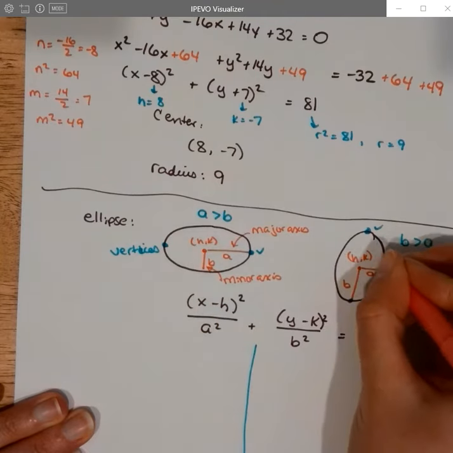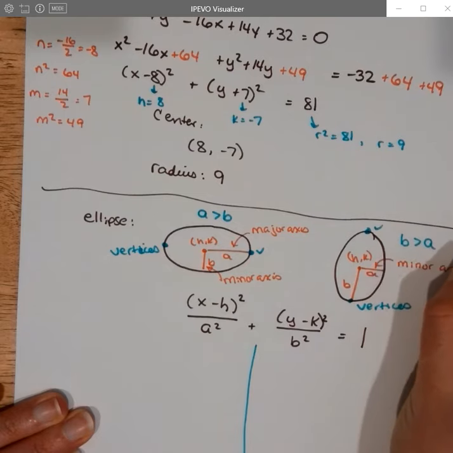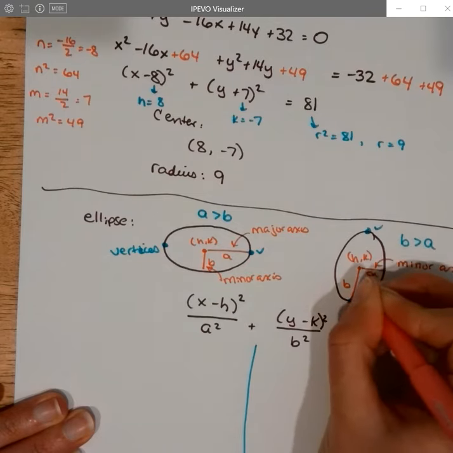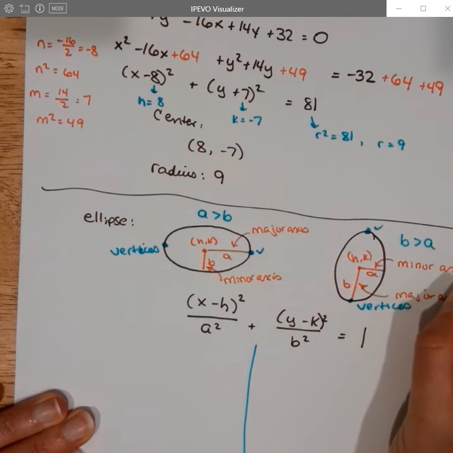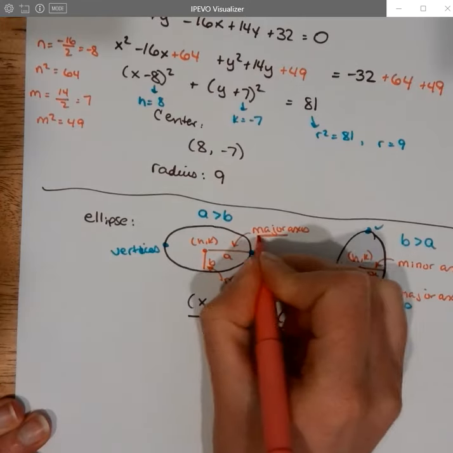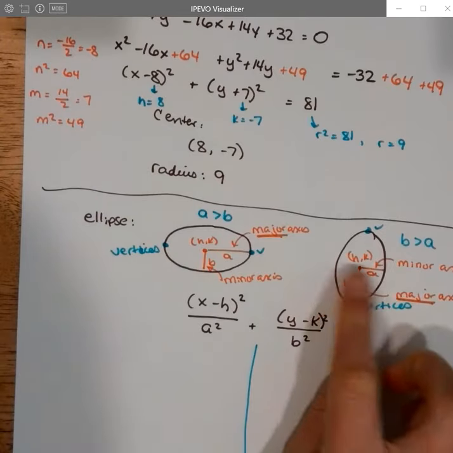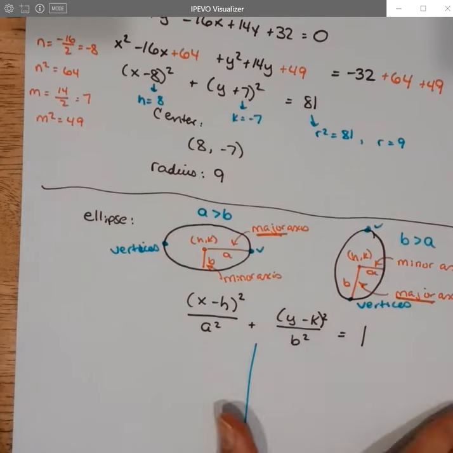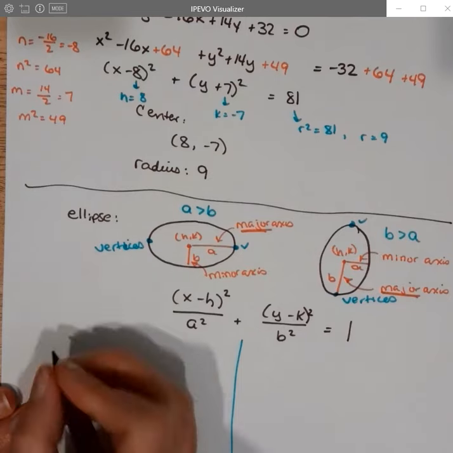In this case, major's just bigger, so this one's the minor axis, and this one's the major axis. And the vertices are always on the major axis. We have the vertices on the major axis. So we don't have names for the points on the minor axis. So if I wanted to write information down about the vertices,